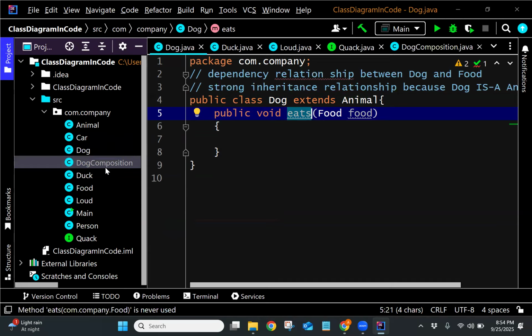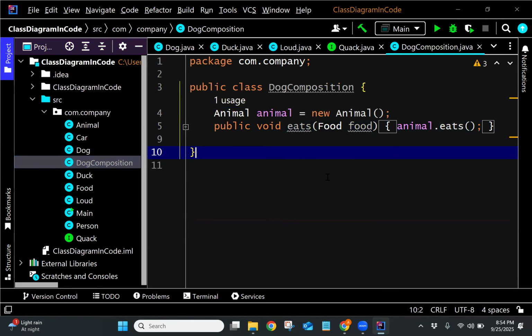But with composition, I get the same benefit of animal, but instead of inheriting from animal, I have an animal inside of me. By the dog having the animal inside of it rather than being an animal, the advantage is that the dog has the ability to use the parts of animal that it wants to use without being forced to use it. You see,